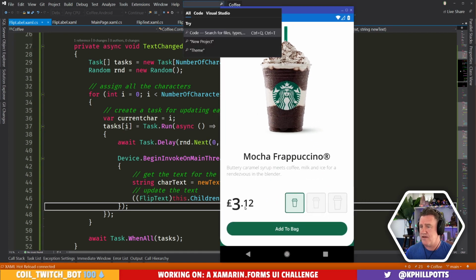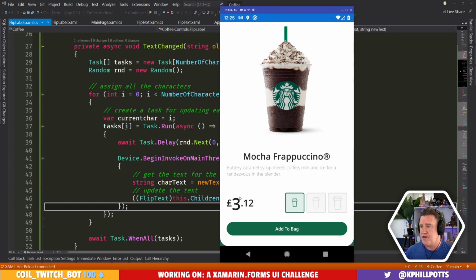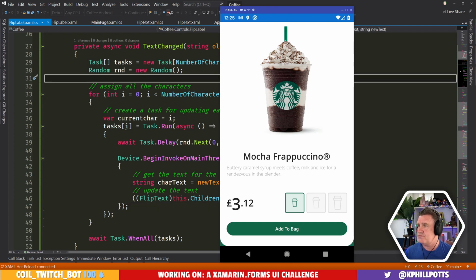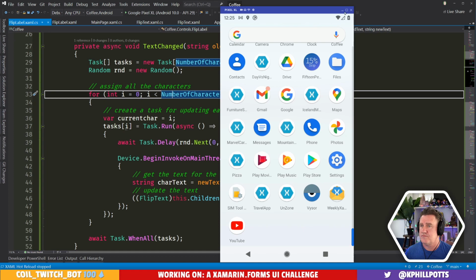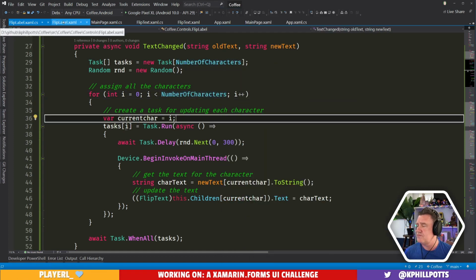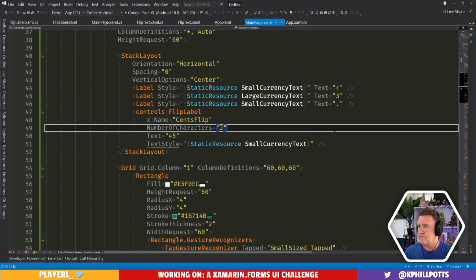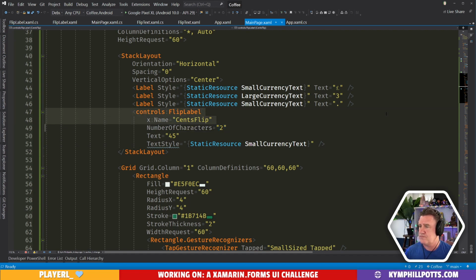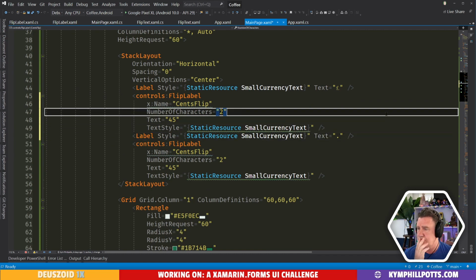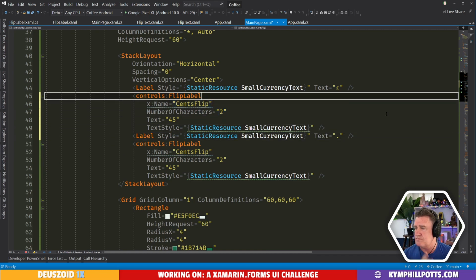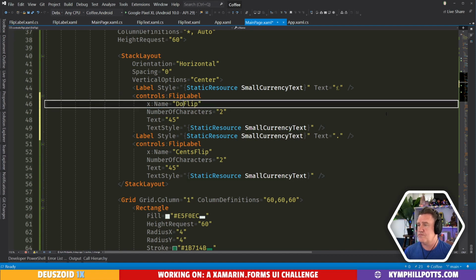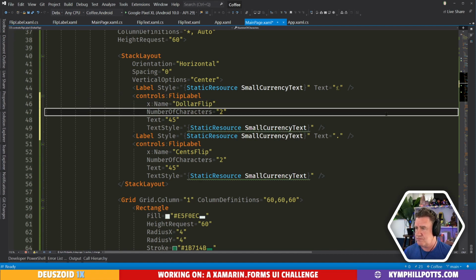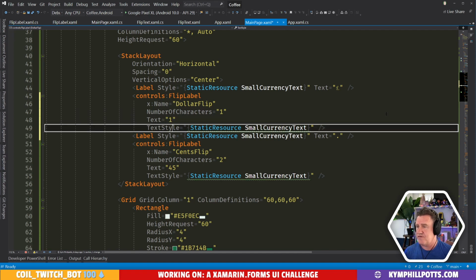All right, so what would happen now if we put a flip label for this first one? Let's just try this, $1.45.